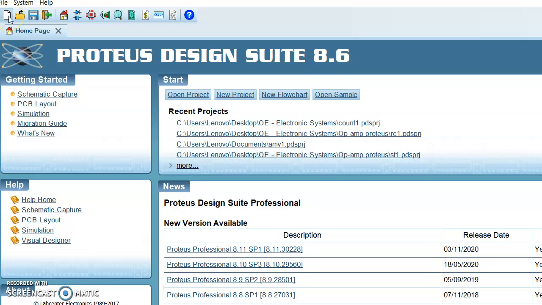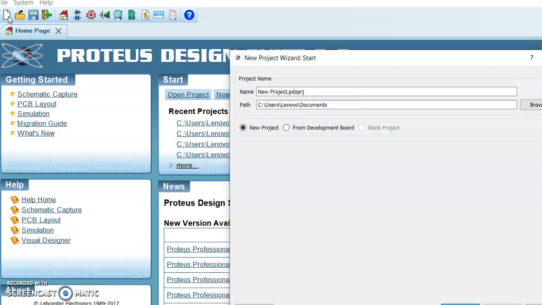So we will first of all create a new project in Proteus. So here you have to go for a new project. Inside this you need to provide the name for your project. Suppose the name I have given is ABC, and then you have to select the location. By default you will get this path. Otherwise if you want to change, you can browse for a different path also. Then you have to press